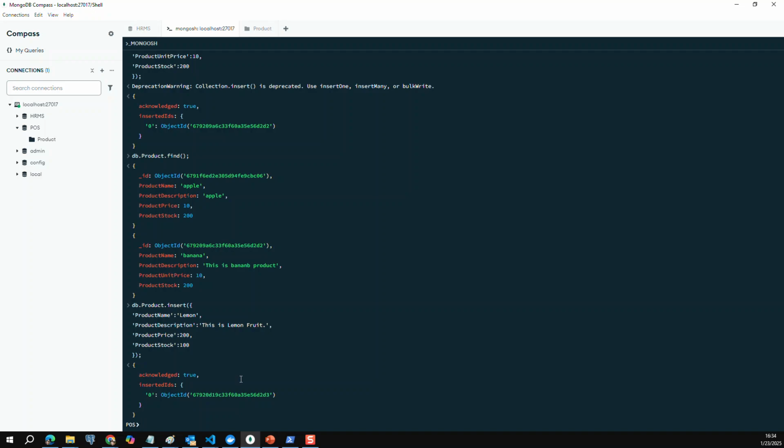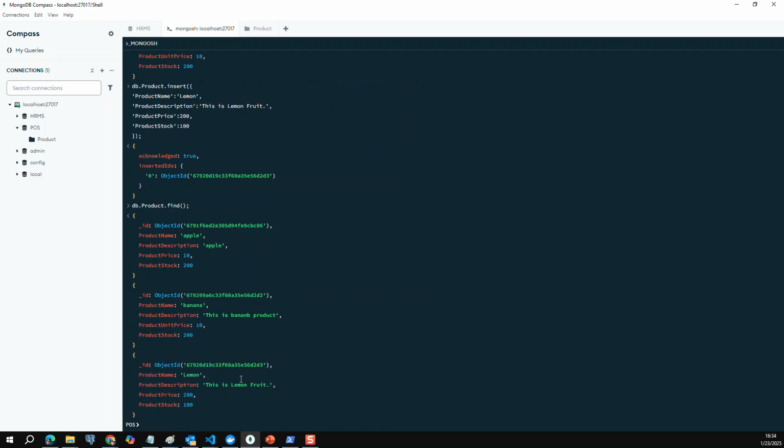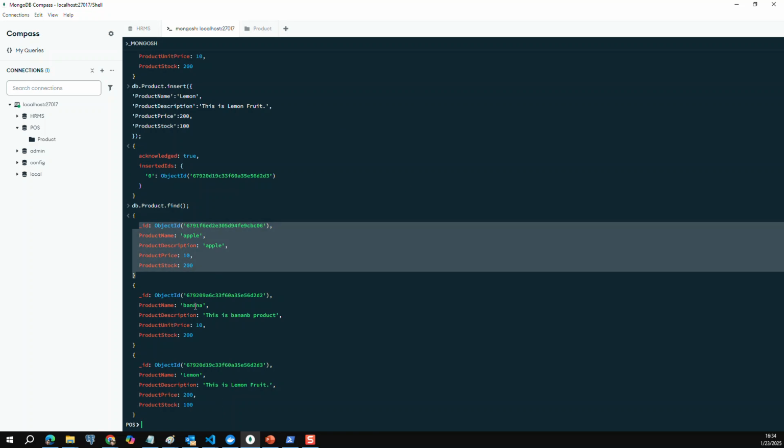So we can query whether this is inserted or not. So this one: db.product.find. This is for looking at the data inside the database. So this is a kind of query for when you want to insert inside the